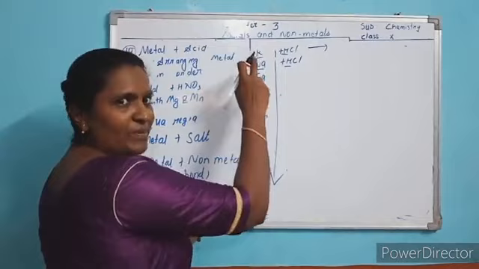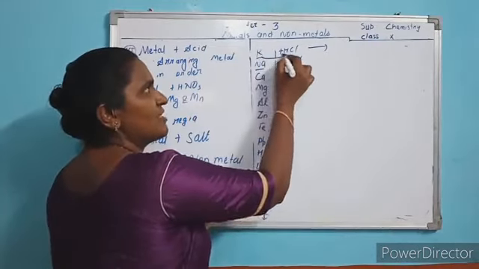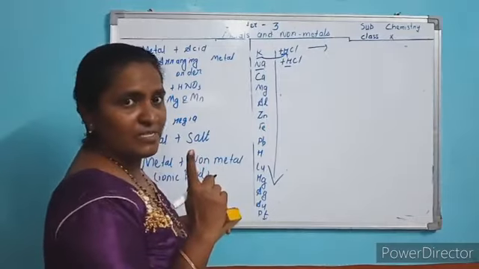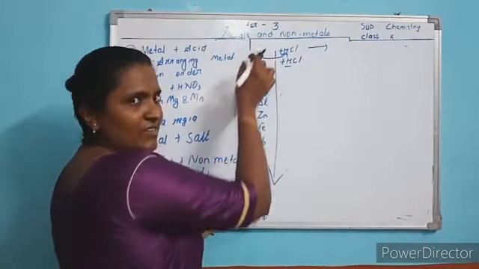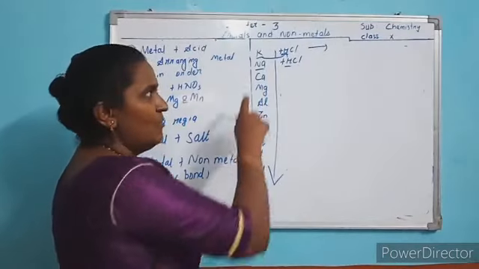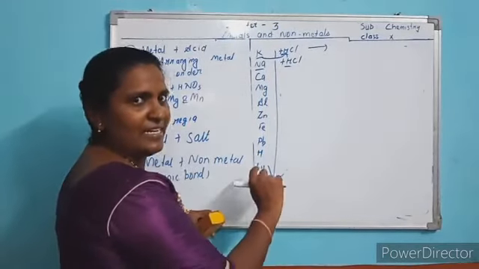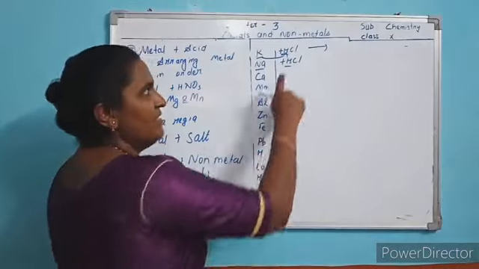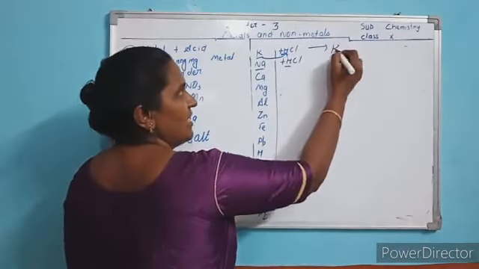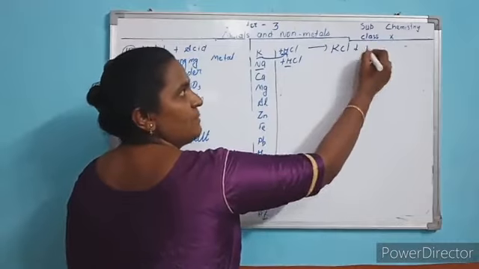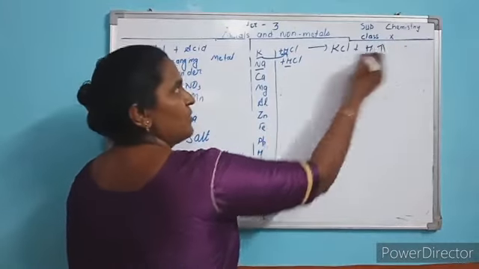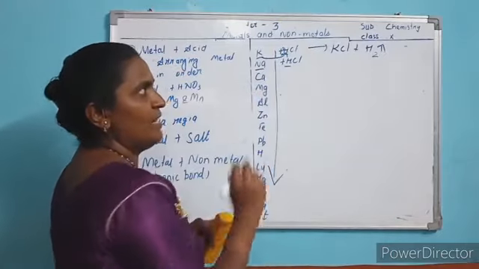This metal is top in the series, which means you know, displacement reaction. We studied from 8th itself. What is a displacement reaction? A more reactive metal displaces the less reactive element. So what will you get? In hydrogen's place, you write potassium: KCl plus hydrogen gas will be liberated. Gas is diatomic, so you have to write 2. Now you have to go for balancing. Okay, you balance the equation.